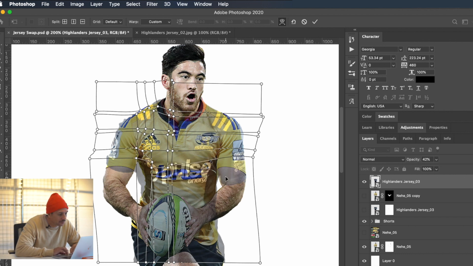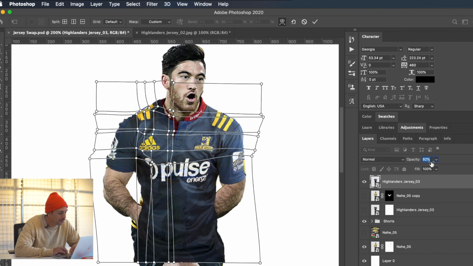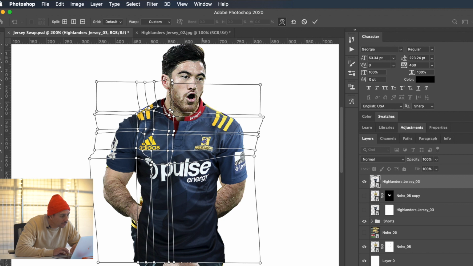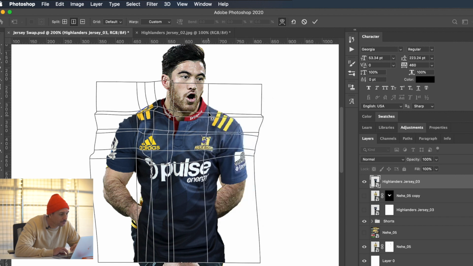So it's a lot of just manipulating around, just moving that around. Again, if I pull that back up, you can start to see how it's looking quite nice on body. So if I just pull that across again, bring that there, I want to bring that collar around just a little bit, so I'm going to pull that there,